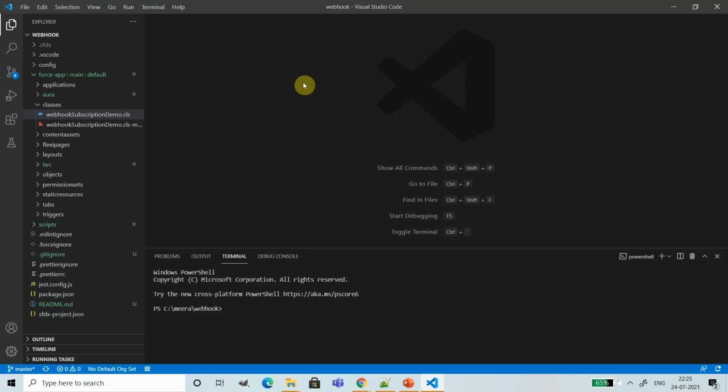For that, first let me create the Apex REST API service which is going to accept the webhook service. Let us first create a project. A standard project, and I'm giving the name as webhook demo.